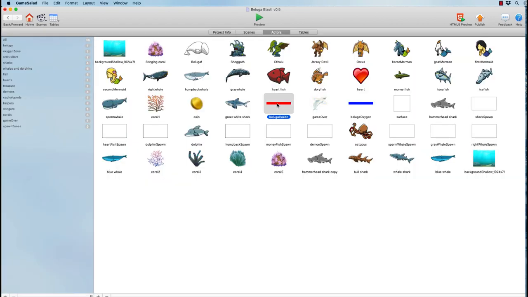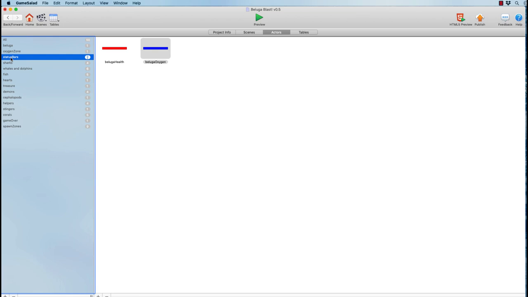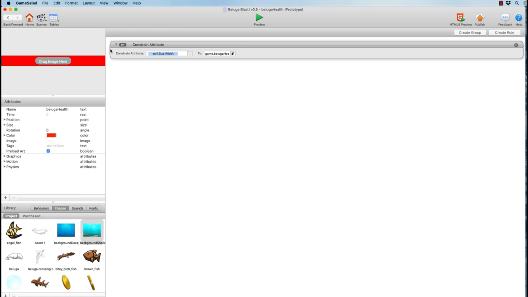I've created a couple of other actors or objects, Beluga health and Beluga oxygen. I've created those, and I've created an object container for Beluga Health and Beluga Oxygen status displays. And what these do is they set their graphics, they're 200 pixels across by 20 pixels high, and they have their width set by, this is the health one, so game.beluga health, the global variable, when it's at 100, this will look 100 pixels wide. And when